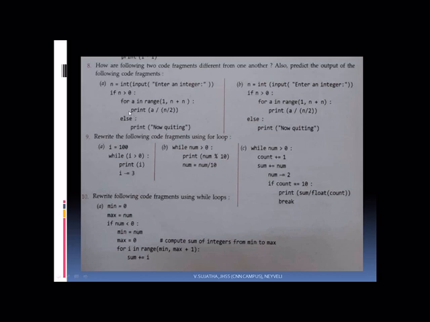Then it will go to the next iteration. Now it will take the a value 2. A value is 2, 2 by 1. Again, the n value is always 2 only. 2 by 2 is 1, so now 2 by 1, so it is nothing but 2.0. Again, it is going to the next iteration. A value is 3. 3 by 1 is nothing but 3.0. So everything is over here because the upper limit is 4. So 1, 2, 3 is over here.